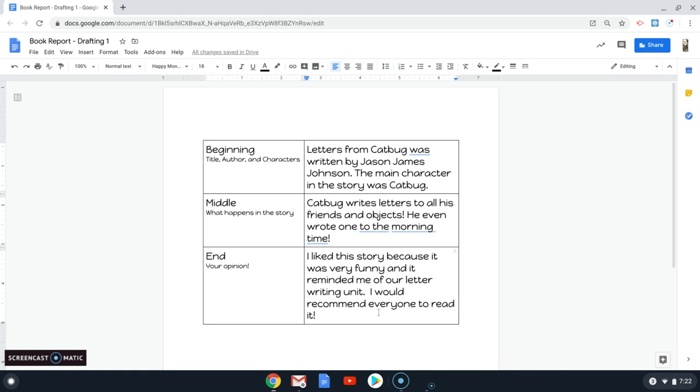Now this is great, but I forgot to underline my title. So what I did was I highlighted what I wanted to underline, and I'm going up here to press the underline button. Now my title is underlined. Now I know it's my title